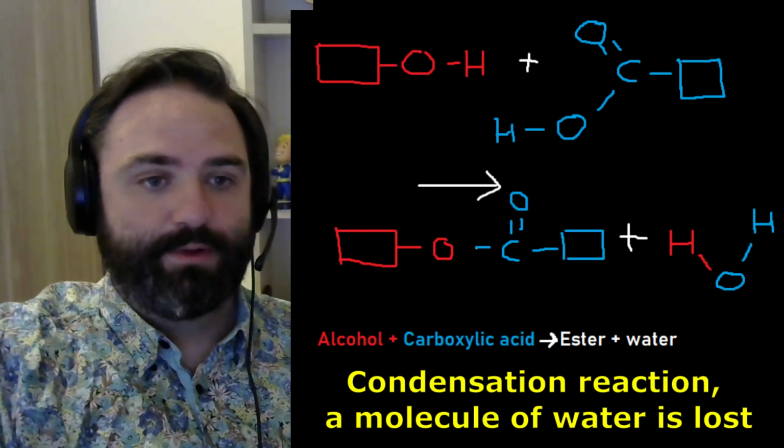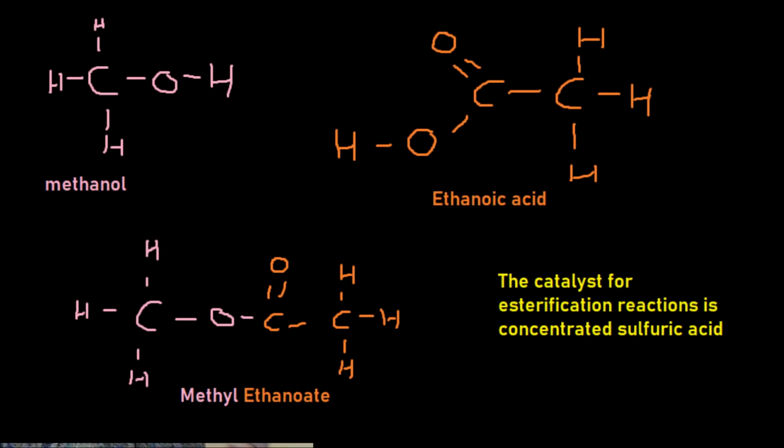So in this particular example, I've taken methanol and ethanoic acid, and if we join them together, this bond again is called an ester bond. In order to do that, you need a catalyst. The catalyst for making esters, which is called esterification, is concentrated sulfuric acid. This particular molecule that I've made here, because I used methanol and ethanoic acid, the name of this one would be